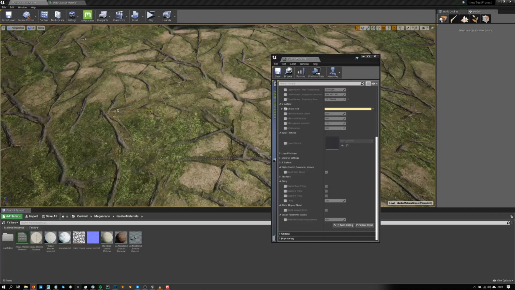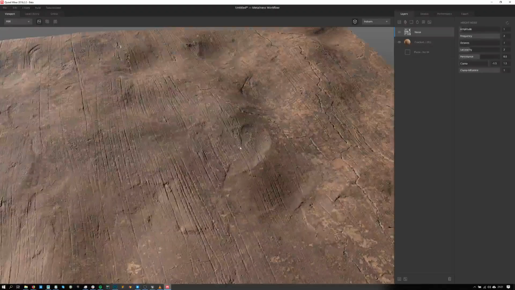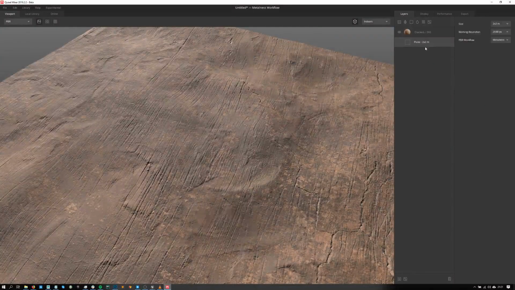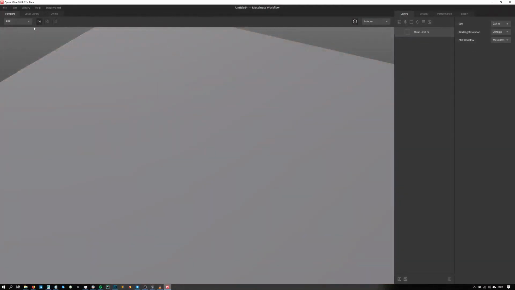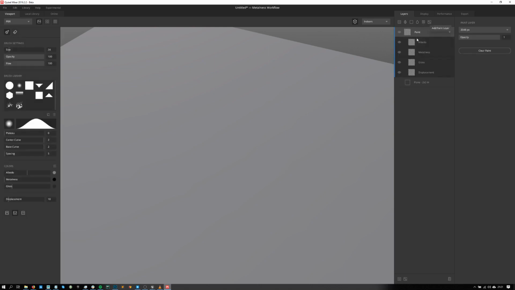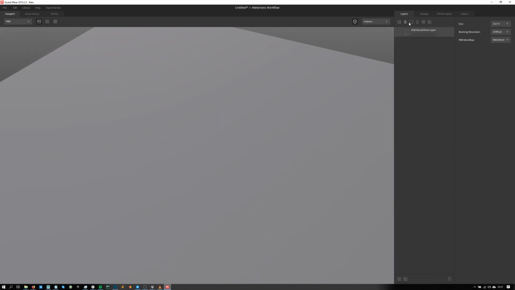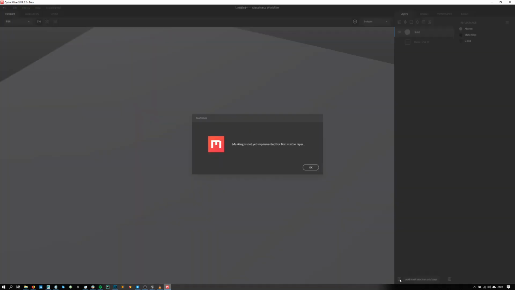Can you show how to use brushes in Mixer? That's a good question. Let me just delete these layers right here. Ideally, I think you can actually import them by creating a paint layer. And then, you know, instead of using these textures right here, you have load image. Which one was it again, actually? Let me just double check. Now I'm gonna nuke that one, and then I'll create a base layer. Then I'll add a